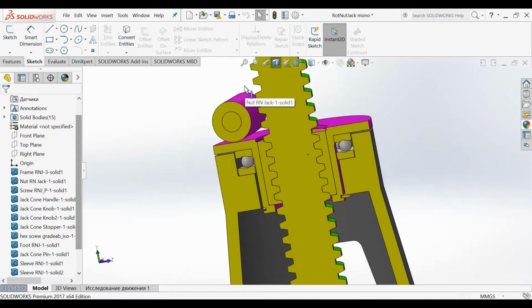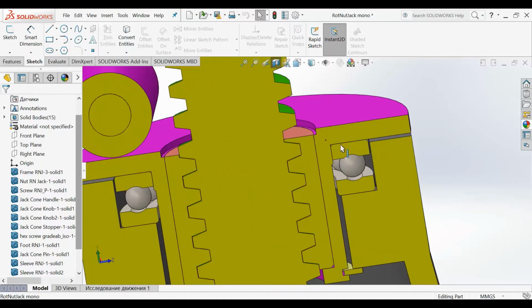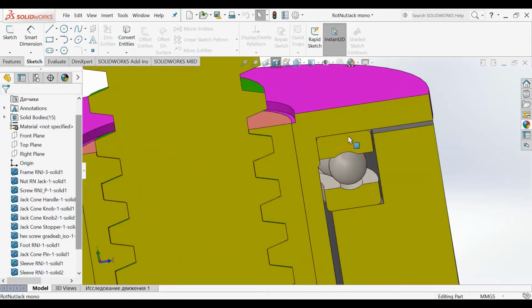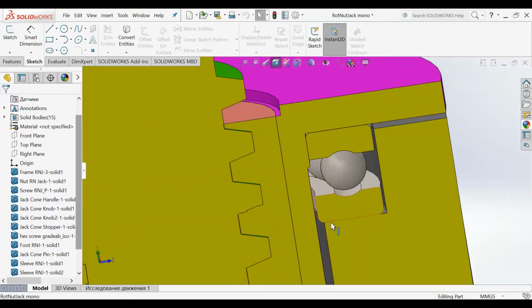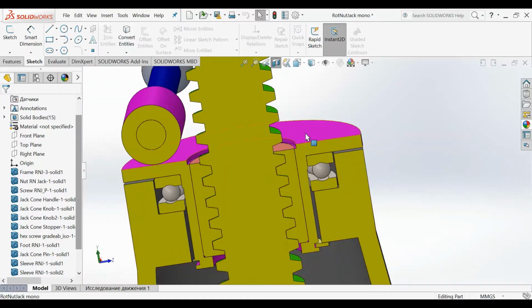So when we rotate the sleeve by means of the handle, we rotate the ring of the bearing. Here you see also a so-called thrust ball bearing, and this ring rotates. This ring is fixed on a frame, and together with the sleeve, the nut also rotates,